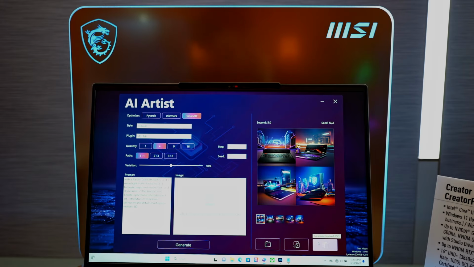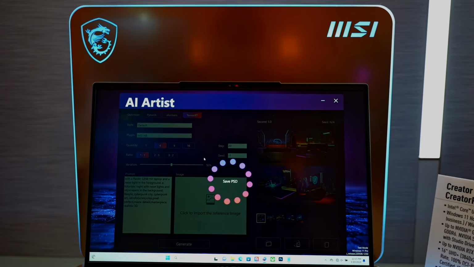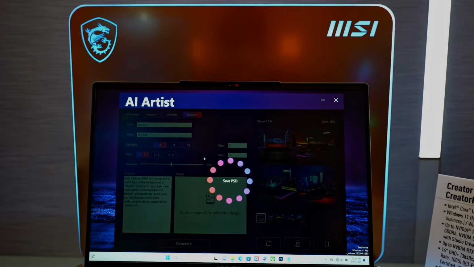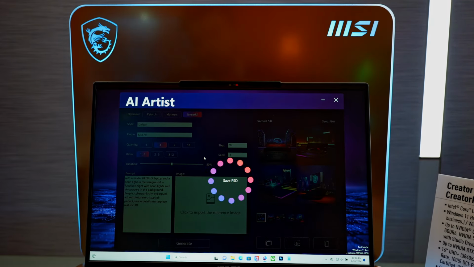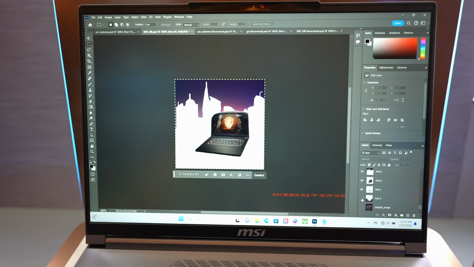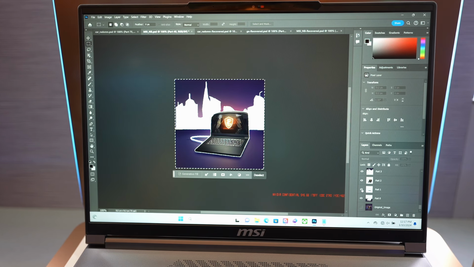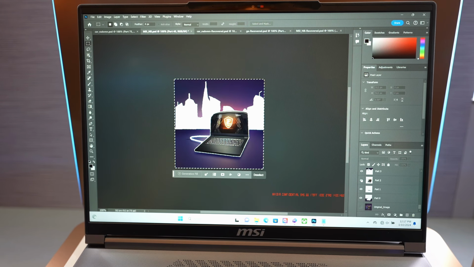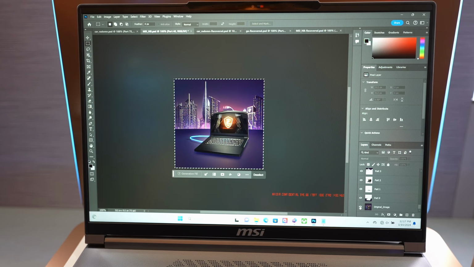But the best feature about this is when you export it, you can export it as a PSD. That is insane. The fact that I can edit an AI generated photo is absolutely amazing. I love the ability that this is going to give me, and I can actually create photos from AI and then utilize it for thumbnails, for anything else. This is something really spectacular, and honestly, this already is, like I said, a top 5 thing that I've seen